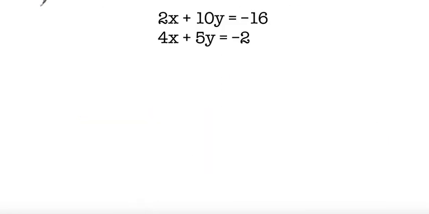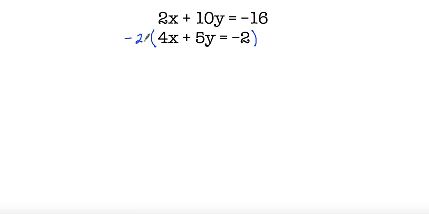All right, so here I have another set. I have 2x plus 10y is equal to negative 16, and I have 4x plus 5y is equal to negative 2. So it really doesn't matter which one you multiply. I could either multiply my first equation by negative 2 so that I'd get negative 4x and positive 4x, or I could multiply my second equation by negative 2 so that I'd get 10y and negative 10y. Okay, so I'll multiply my second equation